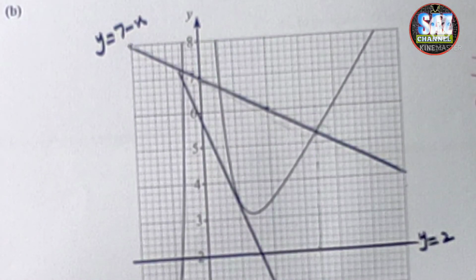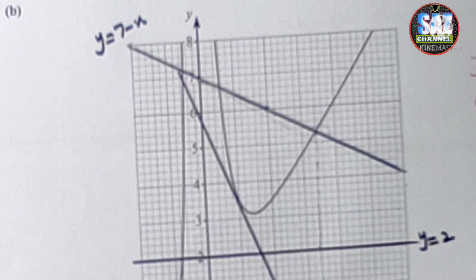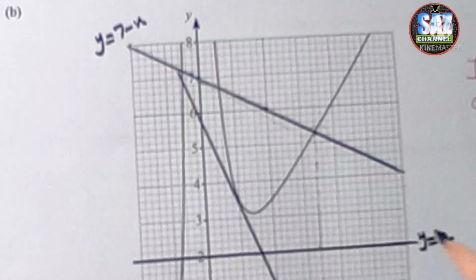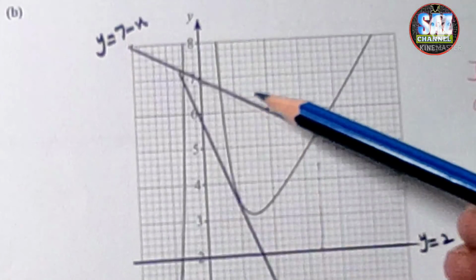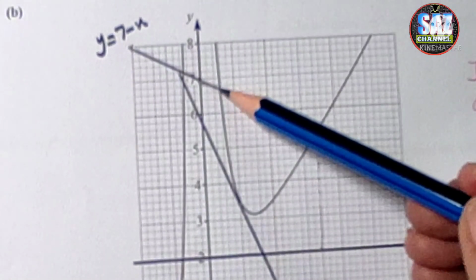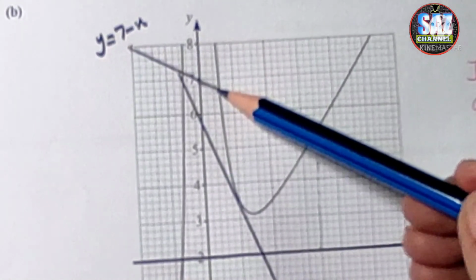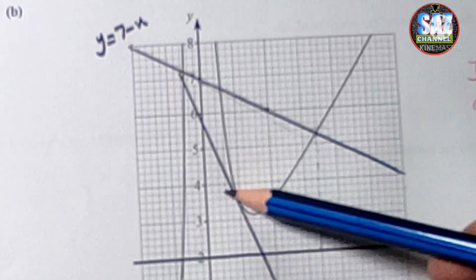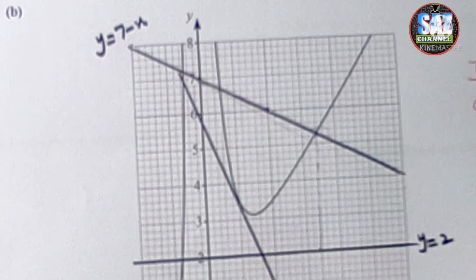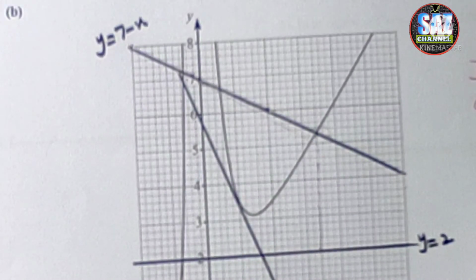One of the values can be 1.7, and the second value over here at this place, and I have to come down. This is around the third block. This is 0.3,